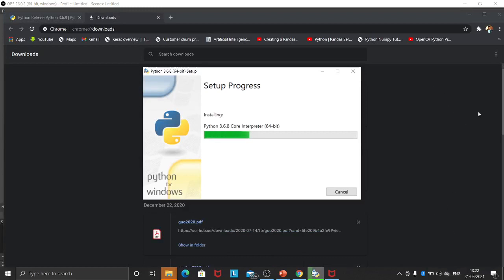See, the setup progress is showing. Now it will be installed. After that, when it is successfully installed, it will show setup successful.